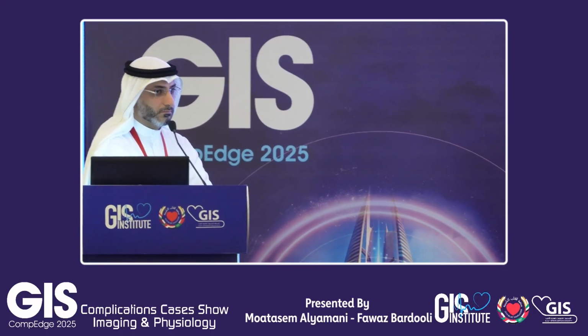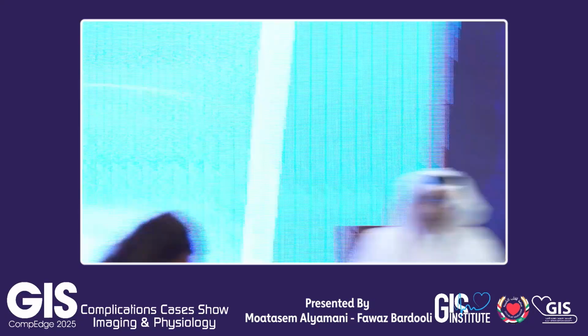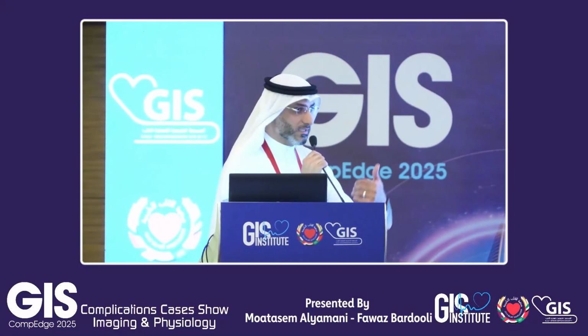But from the start, the FFR is 0.7. So the LIMA will be very happy dancing on this LAD, because it is already before dealing with this LAD. I mean, not in this particular case, but just in a borderline left main lesion, sometimes you rely on IVUS and you send the patient to surgery, and they are worse after surgery. So you have to prove it. At least physiology should be there on board to prove that this is really ischemic. Because in this case, if you send this patient to surgery, I think the venous graft to the circ most likely will occlude. Agree. And I think also if you do the iFR in the circ, it will still not give you a very accurate assessment in the beginning.